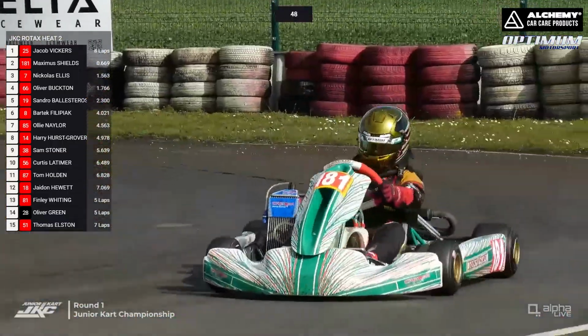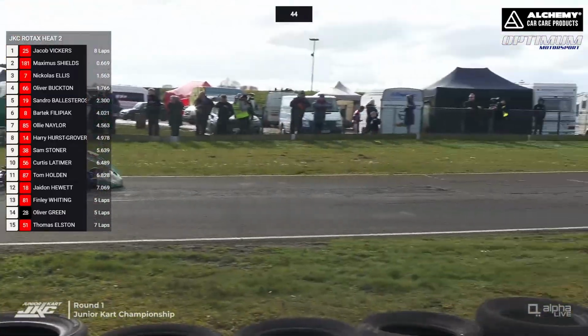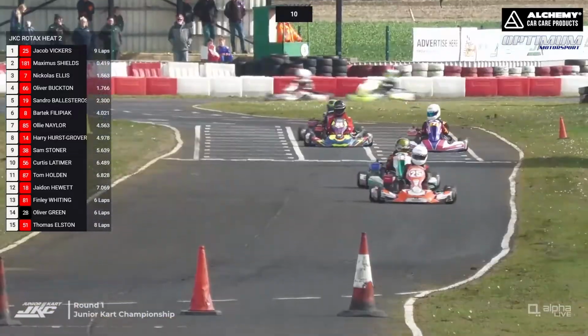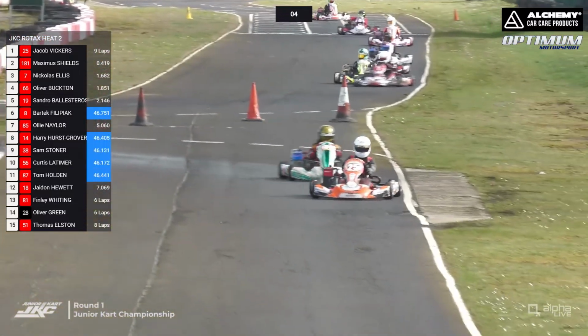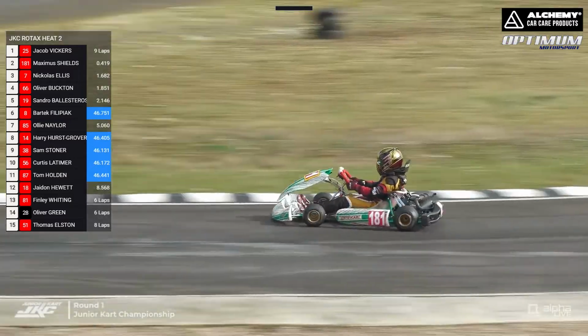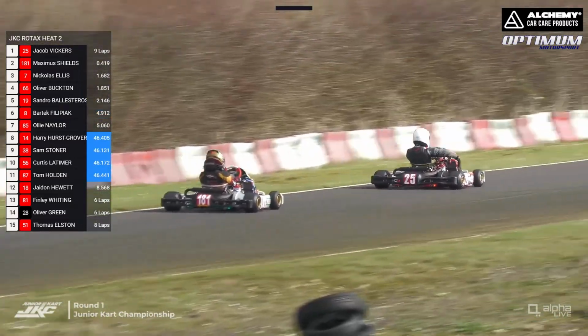The reigning Junior Pro Kart champion in the Junior Kart Championship. As we mentioned earlier on in the day, electing to contest both races for the chance for 2 championships. Also, maximum screen time as well here on the Alpha Live channel. He's going to be in 8 races today. In the background, Oliver Buckton still battling with Nicholas Ellis, and Sandro Ballesteros is right on the back of that